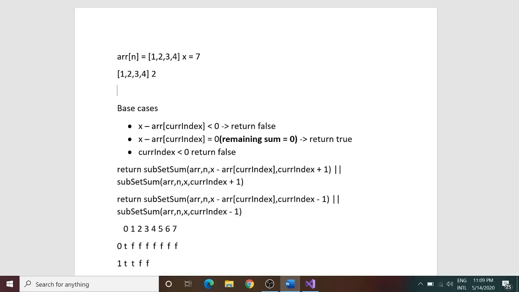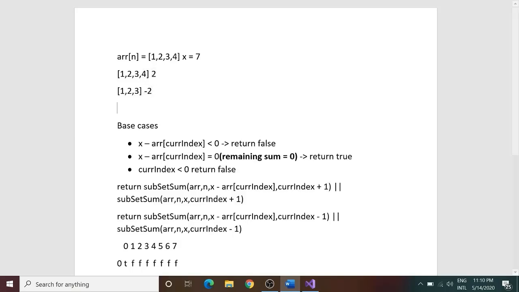So I need to branch out, and how will I branch out? If I include this element 4, so what would I be doing? I would be left with 3 elements, but I would be left with a sum of -2 because I included this element 4, and by including, what I mean, I would be subtracting the value from 2, and hence I am left with -2 over here. And if I do not include it, then what will I ask? Just tell me whether with the remaining elements, is there any subset of this set which sums up to 2?